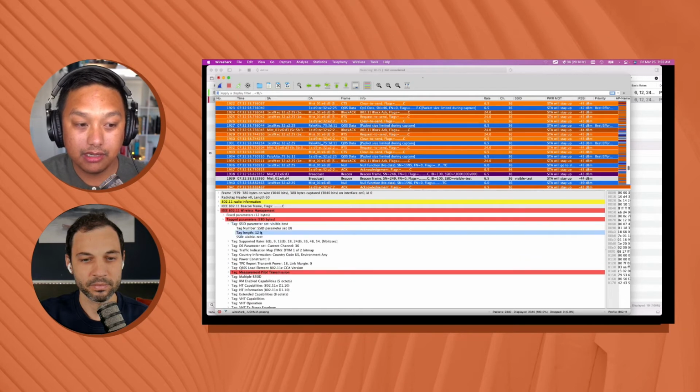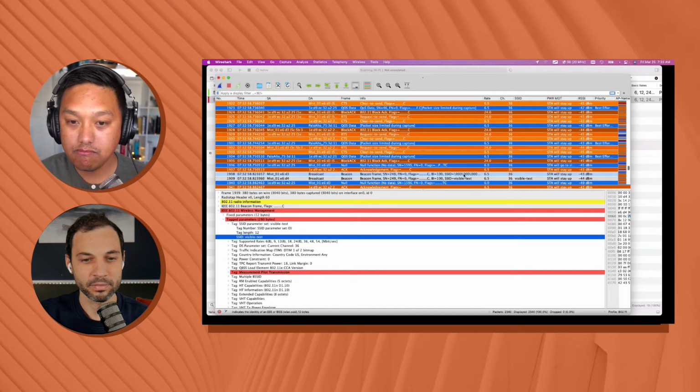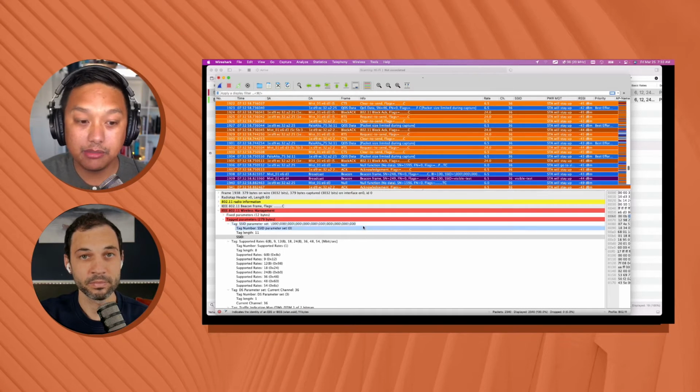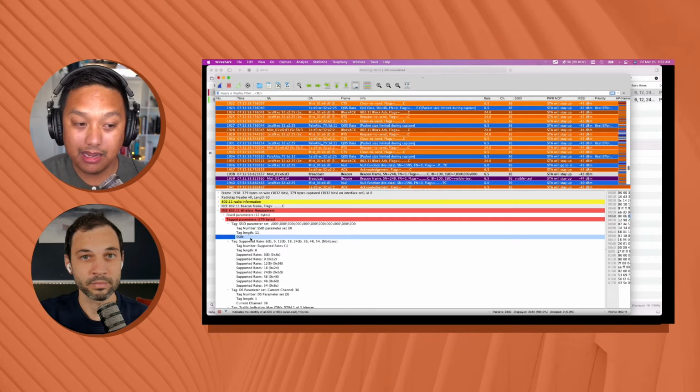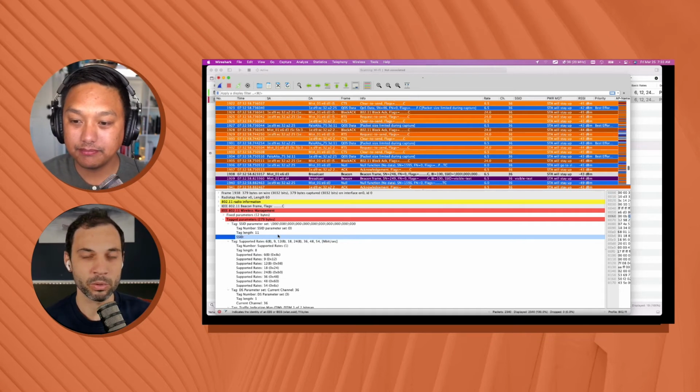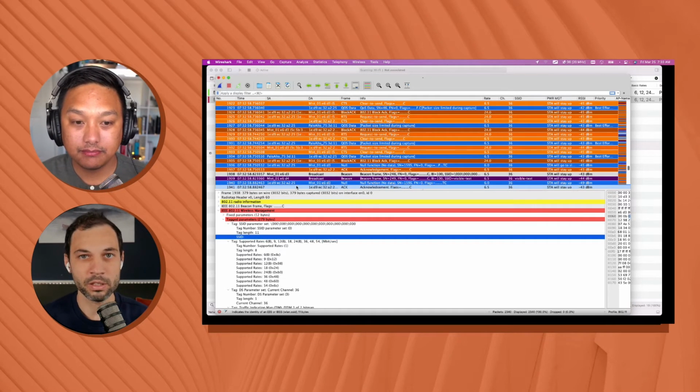There's the SSID information element. So now let's look at this one. So in Wi-Fi Explorer Pro, it did not show the SSID information element, but you can see here it does exist. But take a look at that name there. It's not visible. And at this point, I think it's very important to also think about beacons and beacon